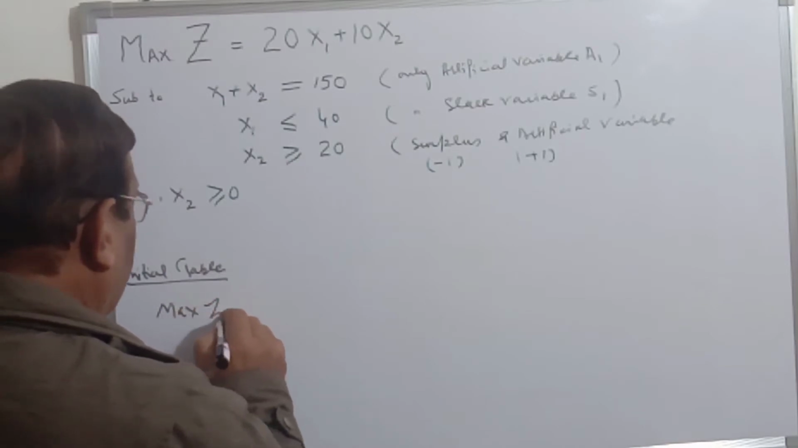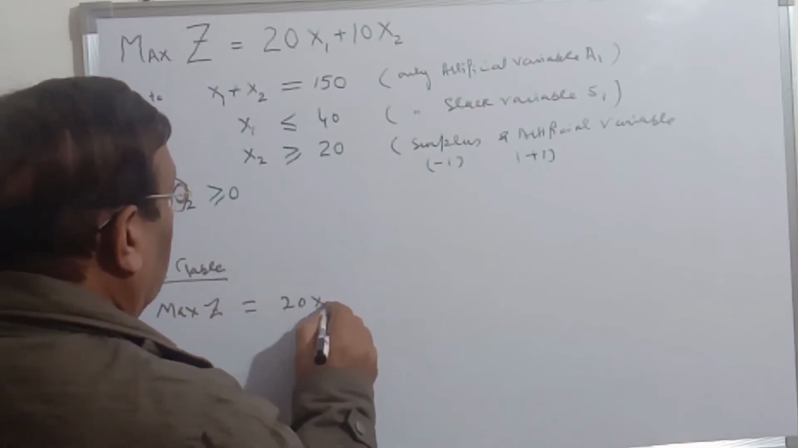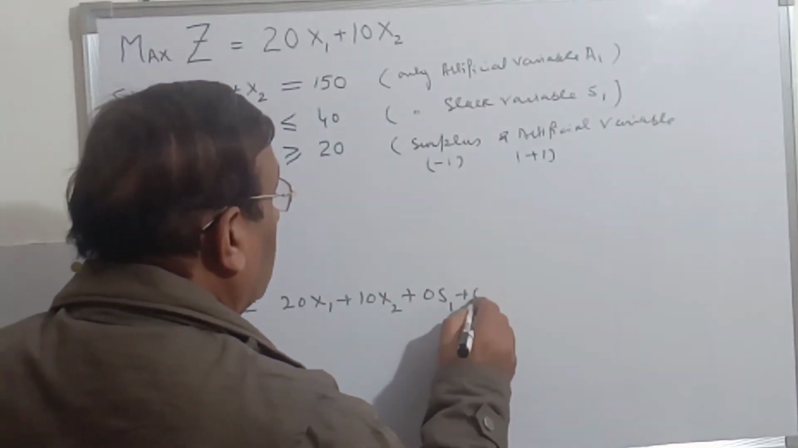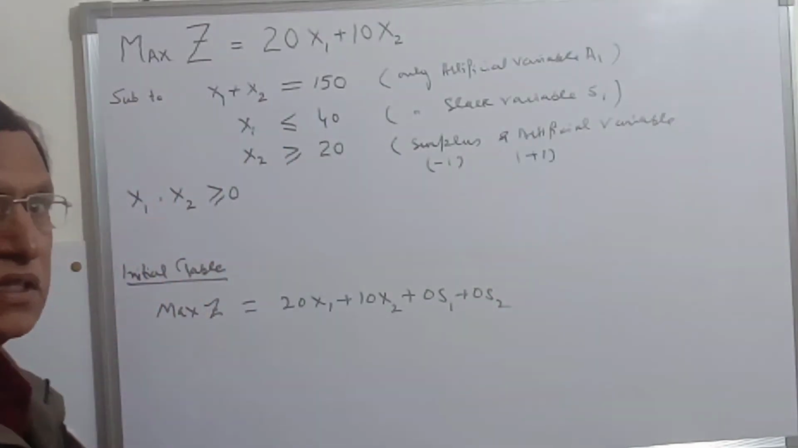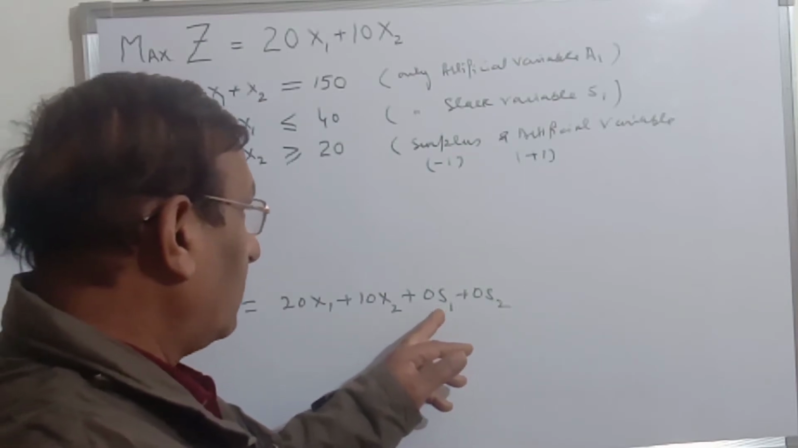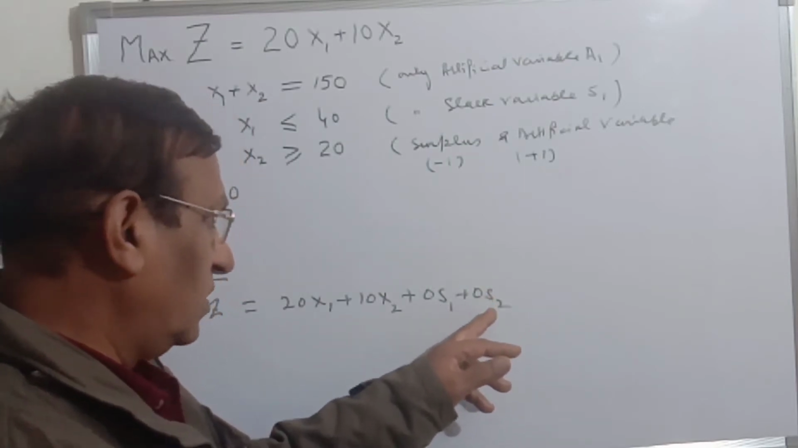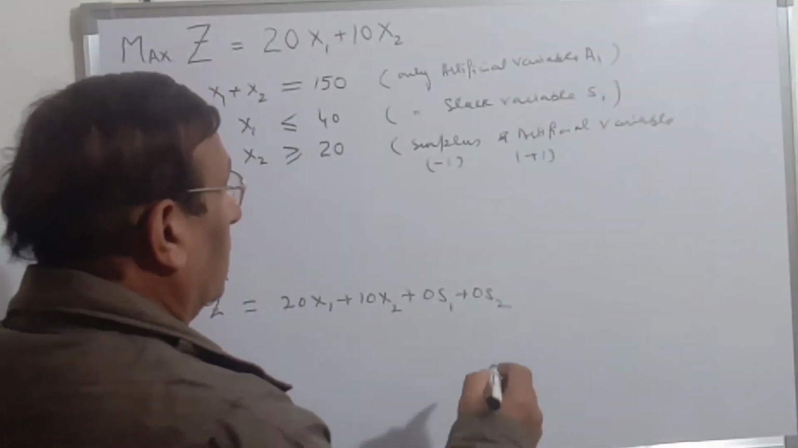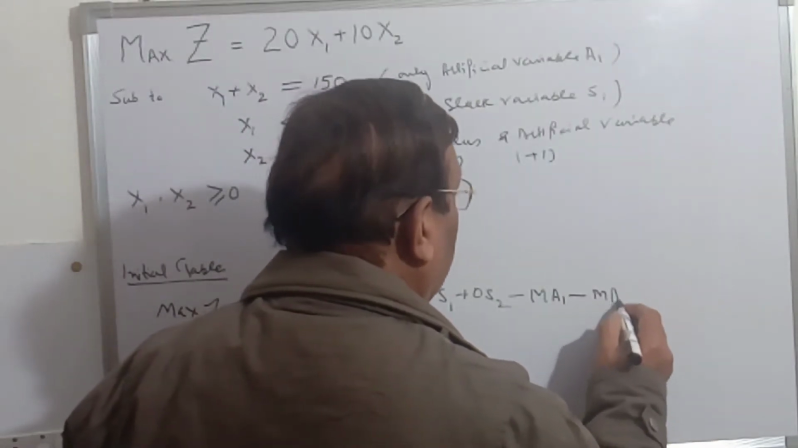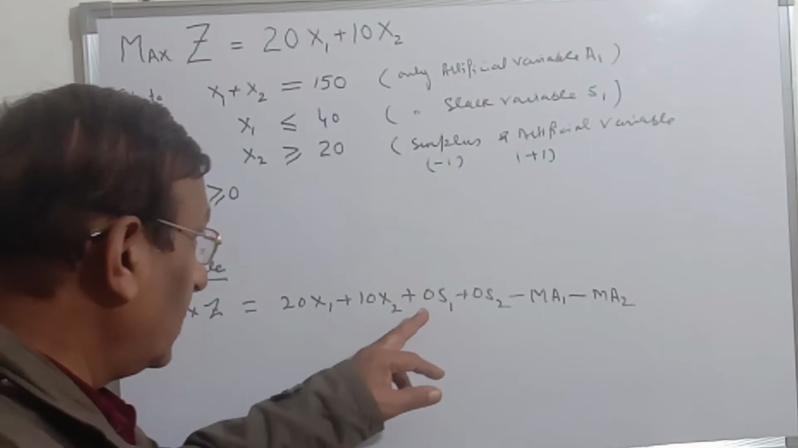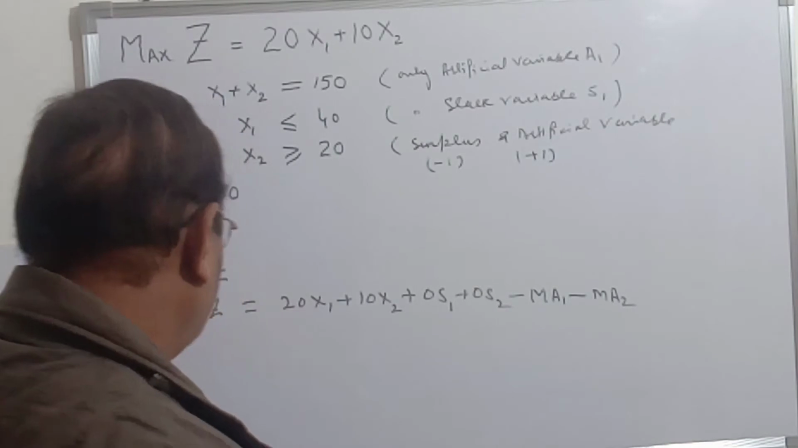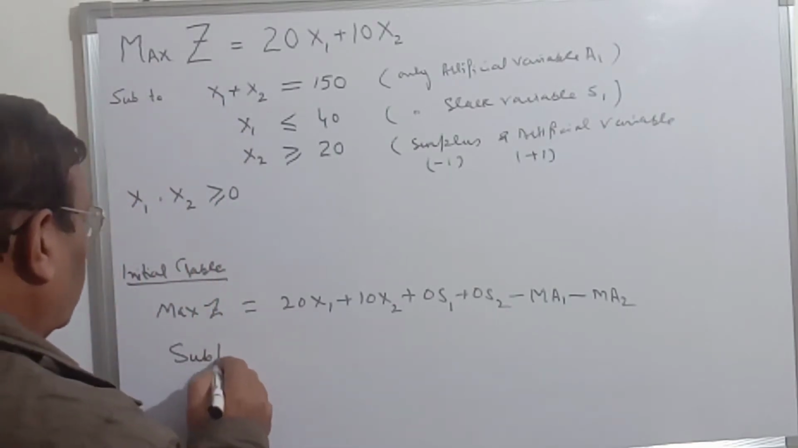Maximum z is equal to 20x1 plus 10x2 plus 0s1 plus 0s2. For the sake of symmetry and smooth calculations, you have to take s1 slack and s2 surplus before the artificial variables, so minus m a1 minus m a2. s1 is slack and s2 is surplus. The coefficient will remain 0 in the objective function. Subject to